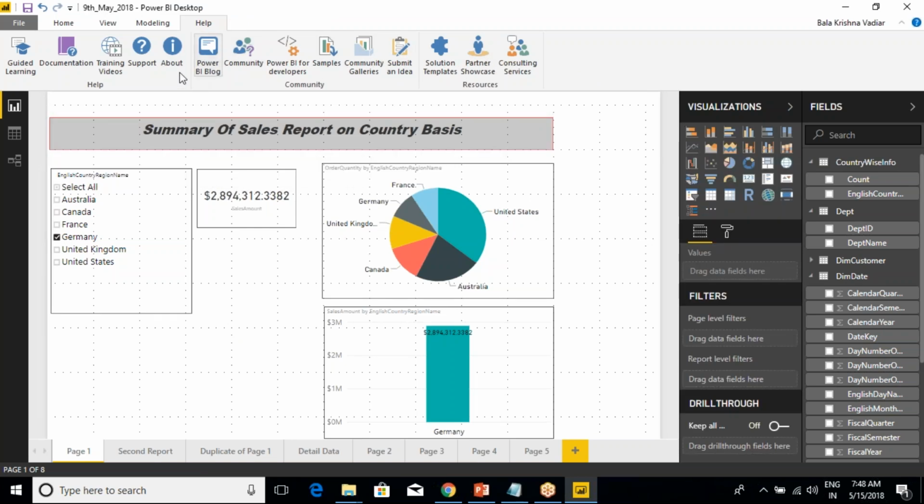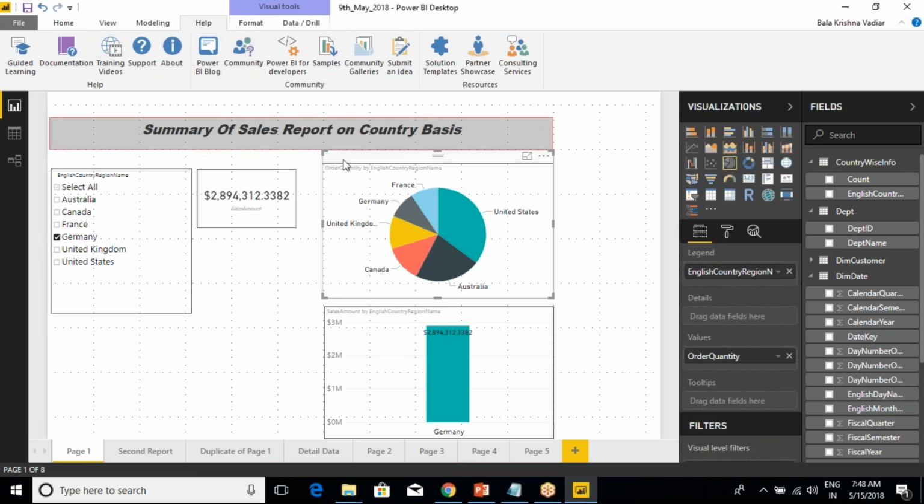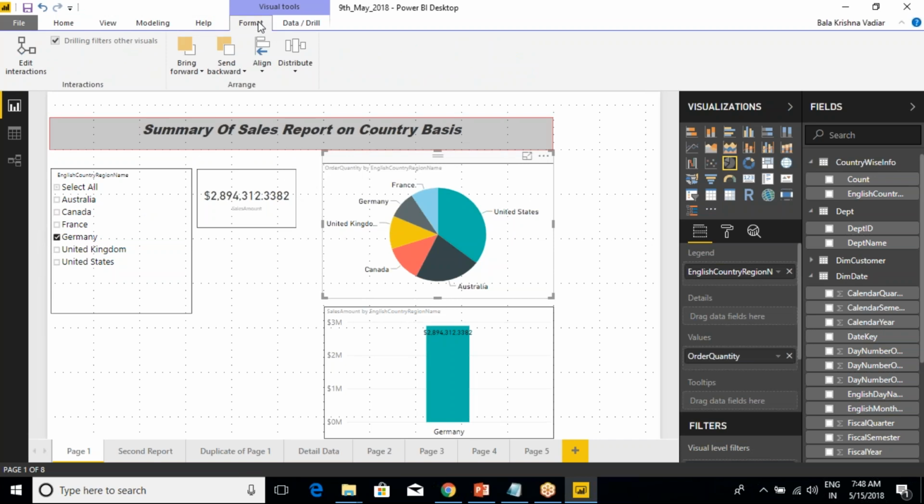So when you click on any of the visuals, you will get two more options. One is a format option, another one is a data or drill option. Now, for example, what is the format available? The format there are